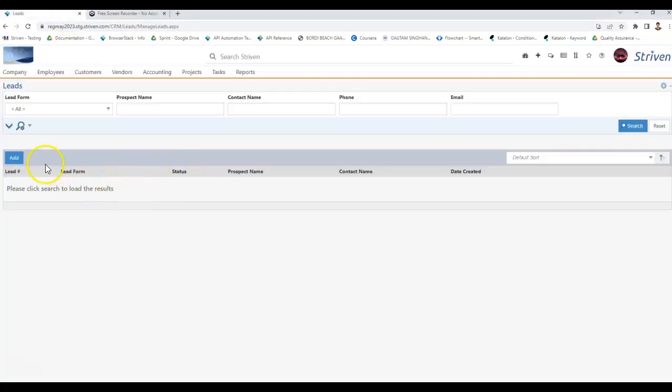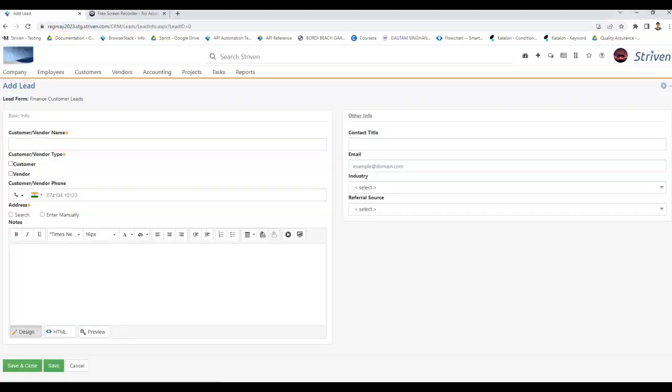Hi Vinod. So this issue is related to the default font option that we removed from the company setting page, and that option was being used in this add lead form, notes, and a few other places. So what is happening is, see, now this is the default value selected here,